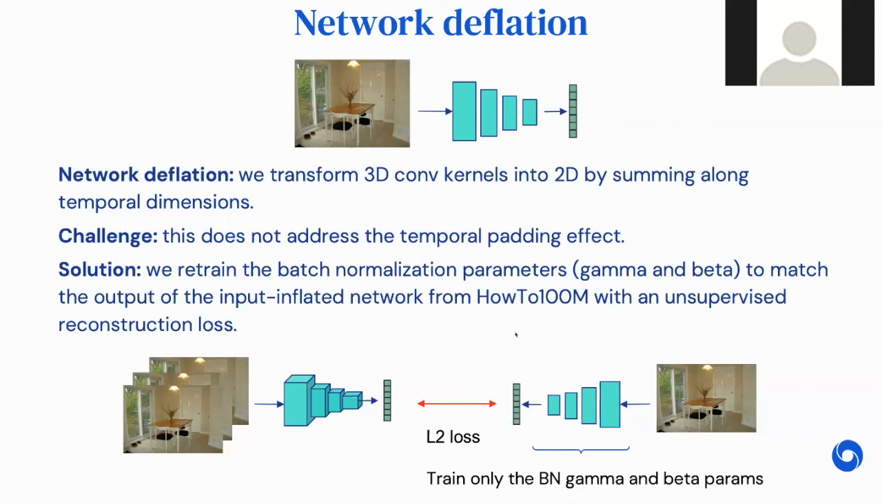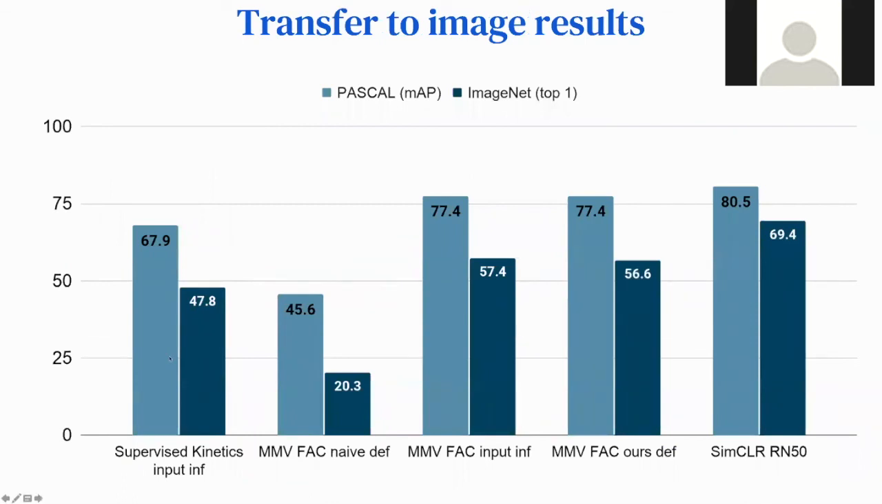Then we take this network and evaluate it on two image benchmarks, which are Pascal and ImageNet. And we show different things. First, we look at what happens if we take a network that was pre-trained on Kinetics, which is the standard for action recognition, so it's trained in a supervised way. And we evaluate it by inflating the input, the slow technique, but that usually works well. Then we take our MMV Fine and Coarse network that we trained on AudioSet,